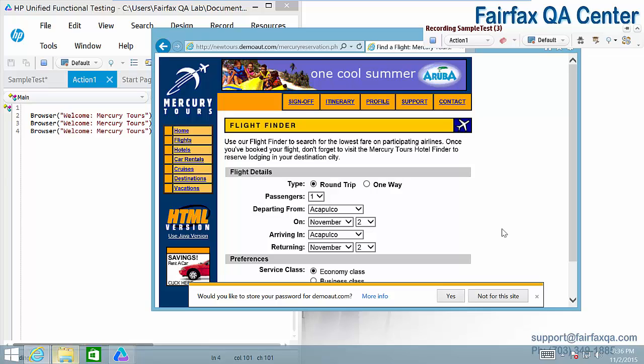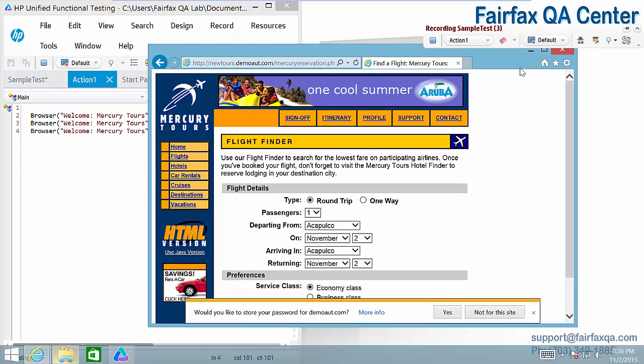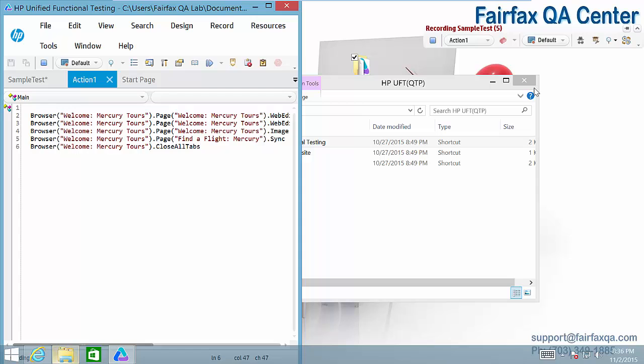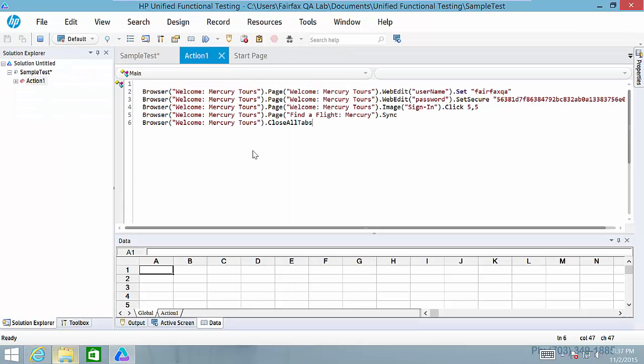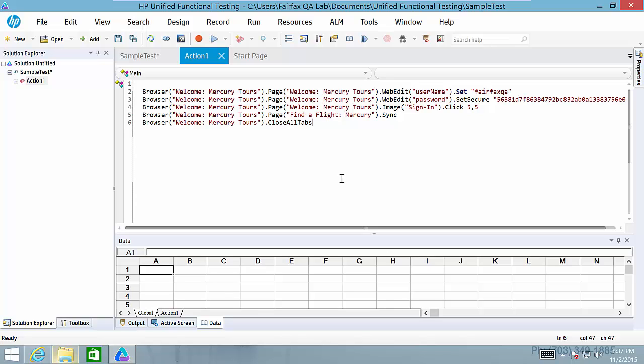Let's close the browser and stop the recording. Now the properties of username and password web edit objects are stored by UFT. When we run the script by clicking on Run button,